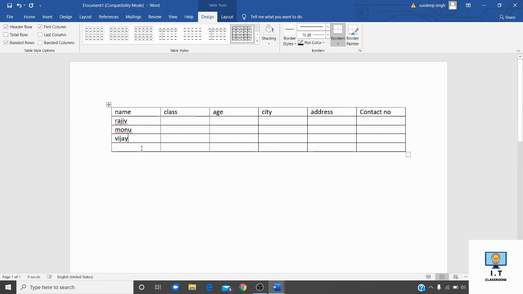In the names column, you have to enter all the students' names. After entering all the names, here you have to enter the class name. After entering here the class of each student, here you have to enter their age.